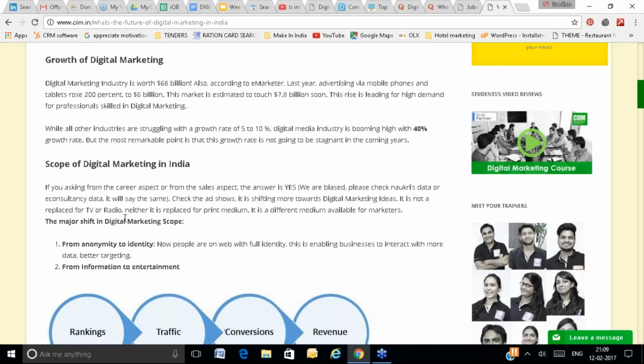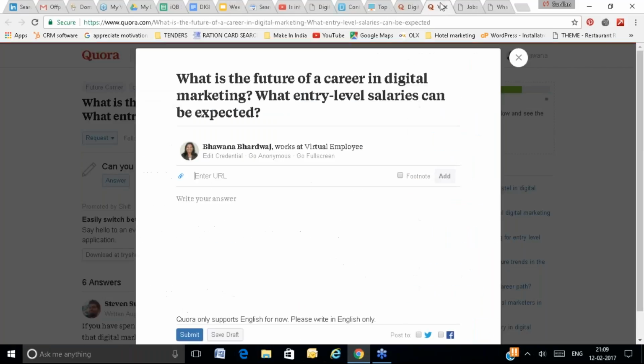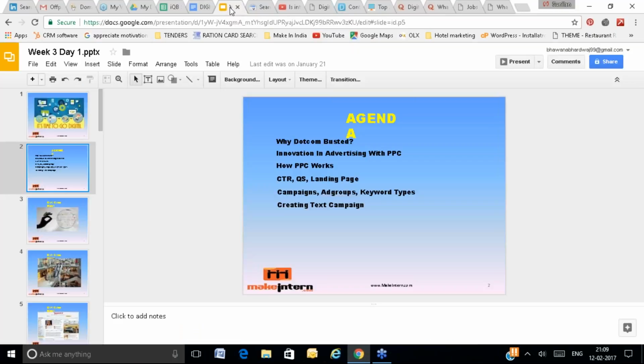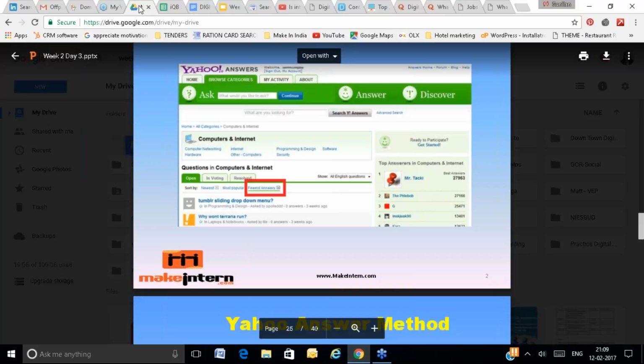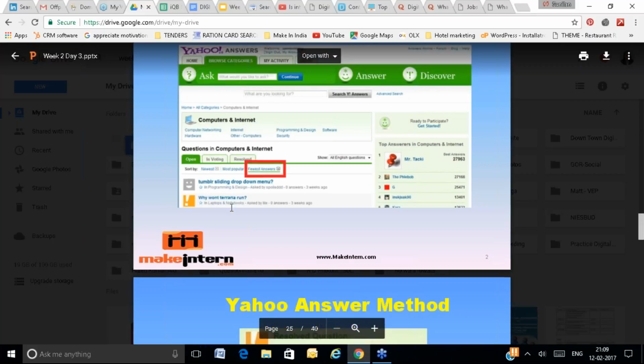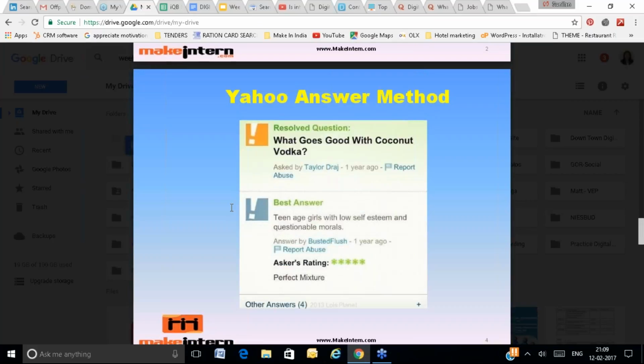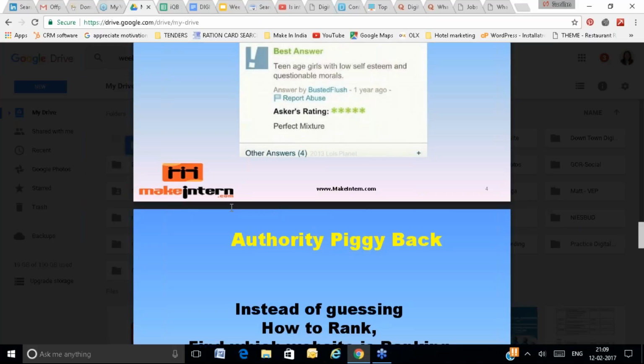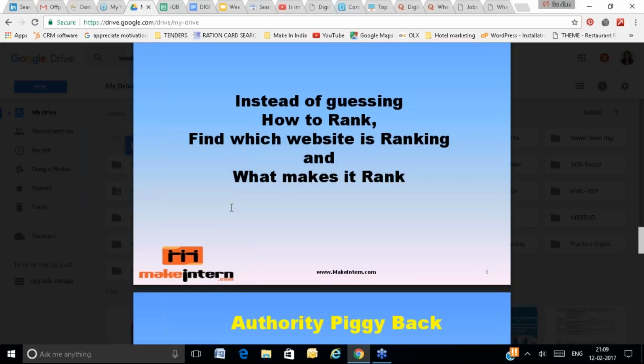I'm not able to copy the content. Otherwise, you understand, here you can write the content and place the backlink as well, right? So you can place the backlink. These are examples of question answer websites. You can do question answer, and Yahoo Answers, again find the relevant questions and answer them.